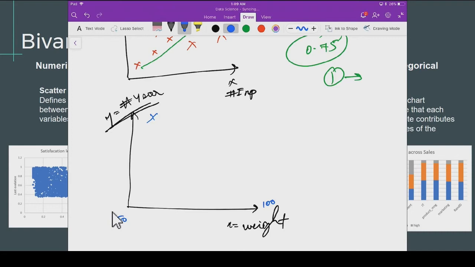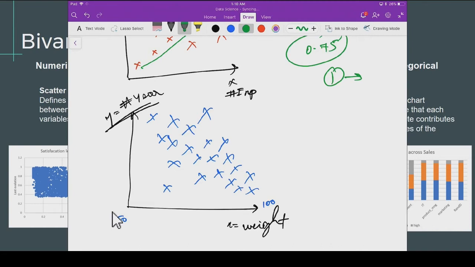Someone who's a little more heavy or obese is going to live slightly fewer years, and so on. This is a hypothetical example, and we might see something like this. We'll definitely see exceptions, someone who is performing in a different way, someone who is obese but still has a very healthy lifestyle, and so on. So you can expect a lot of out-of-the-box cases, but then at a high level,